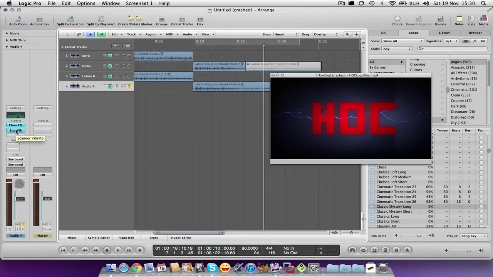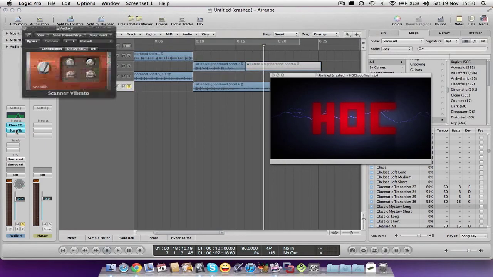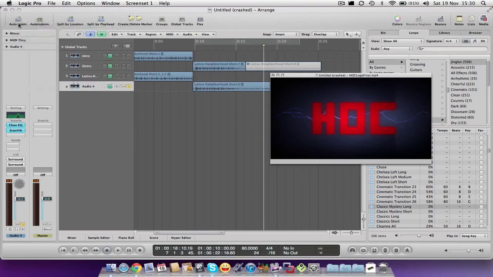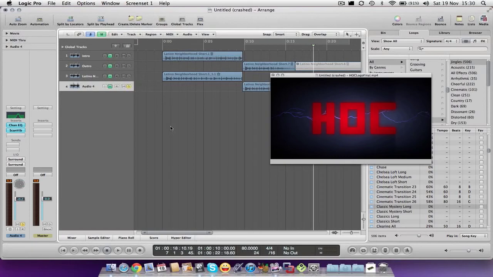And I also have a thing called a vibrato. This is going to make it kind of wobbly, and if I click on the insert effect, it brings up my plugin so I can tweak it just the way I like. And again, it makes it sound kind of wobbly, and I just thought it was a cool way to end it. So, the reason I've obviously chopped this up is so I can